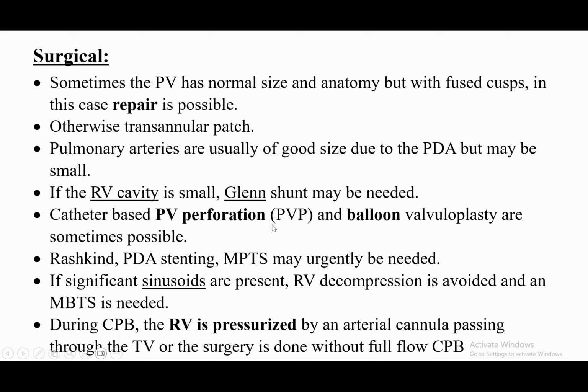Catheter-based pulmonary valve perforation and balloon valvuloplasty are sometimes possible, but with a risk of pulmonary artery rupture or perforation with pericardial effusion. PDA stenting or an MBT shunt may urgently be needed after birth. If significant sinusoids are present, RV decompression is avoided, and an MBT shunt is needed. So we cannot decompress the right ventricle in these cases,